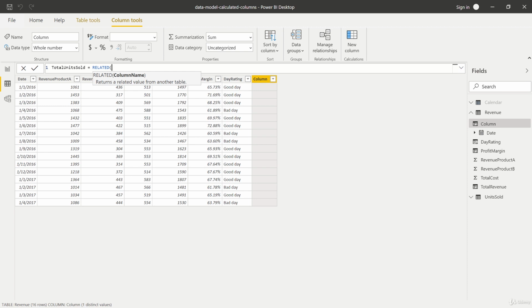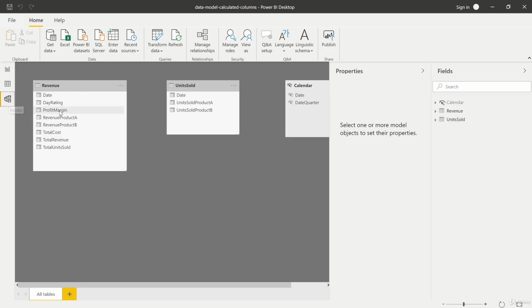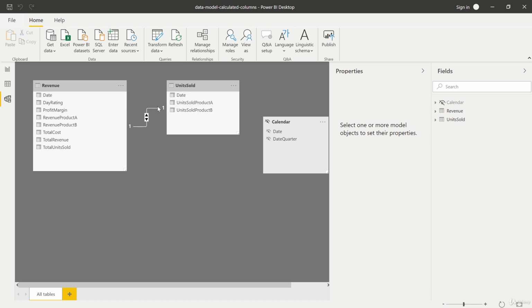But somehow this is not working, right? We don't get any kind of hint, any kind of help. So apparently we have a problem here. Well, let's have a look at the relationship view right here. Because as you can see, we have this calendar table, which we don't need here. We don't have any relationship between our two tables. And although related allows us to retrieve information from another table, well, this relationship has to be established first. For this, we can create the relationship here with our date columns. As said before, these are exactly the same. So we can create this one-to-one relationship here because each date exists once in each table.